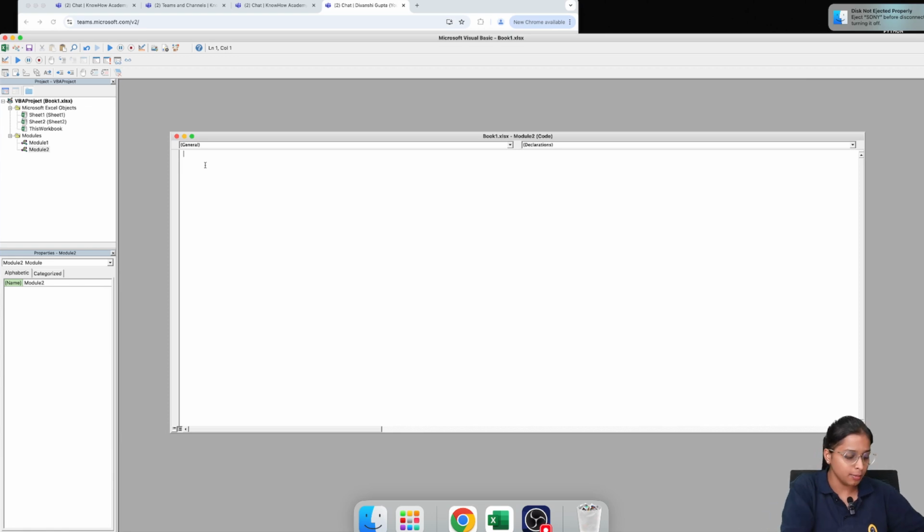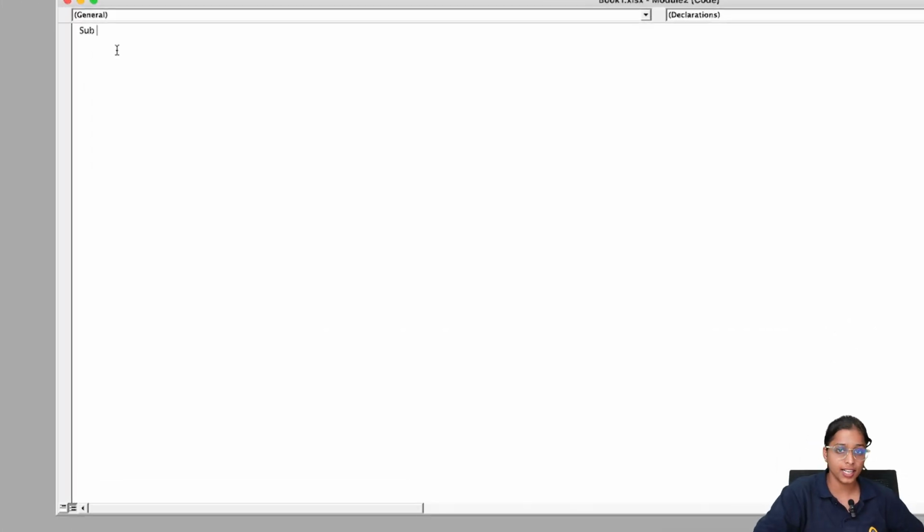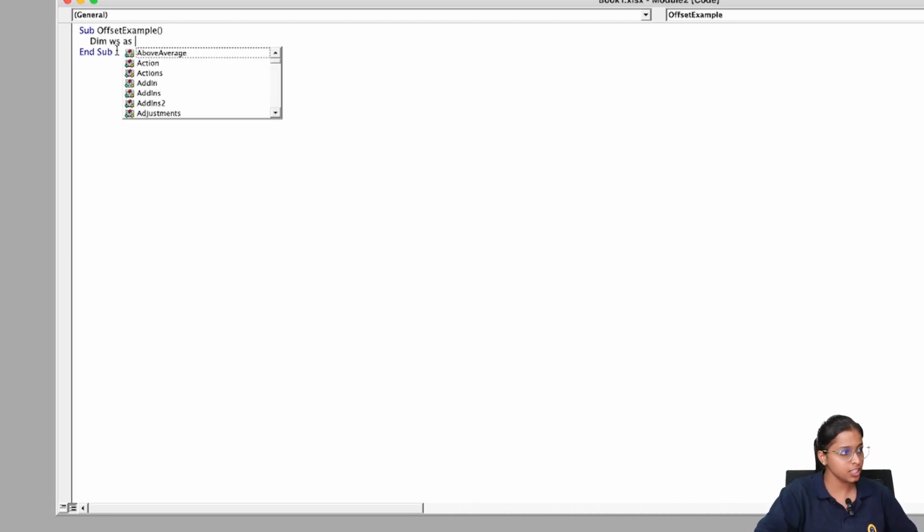We'll start with Sub Offset, then we'll write Dim WS As Worksheet, then Dim RNG As Range.